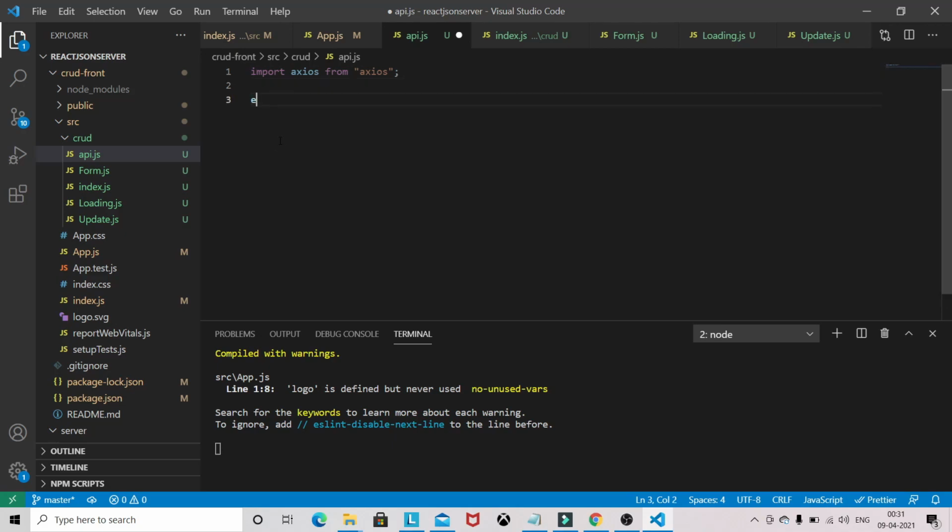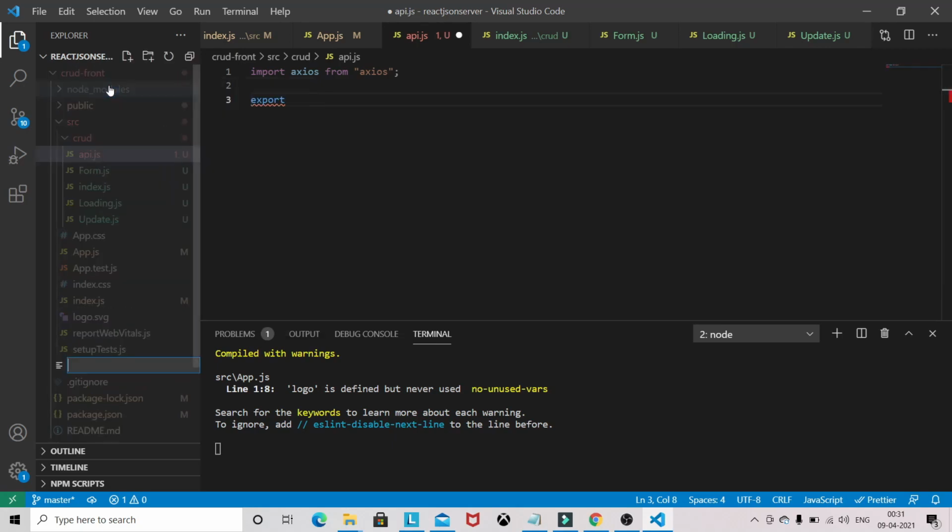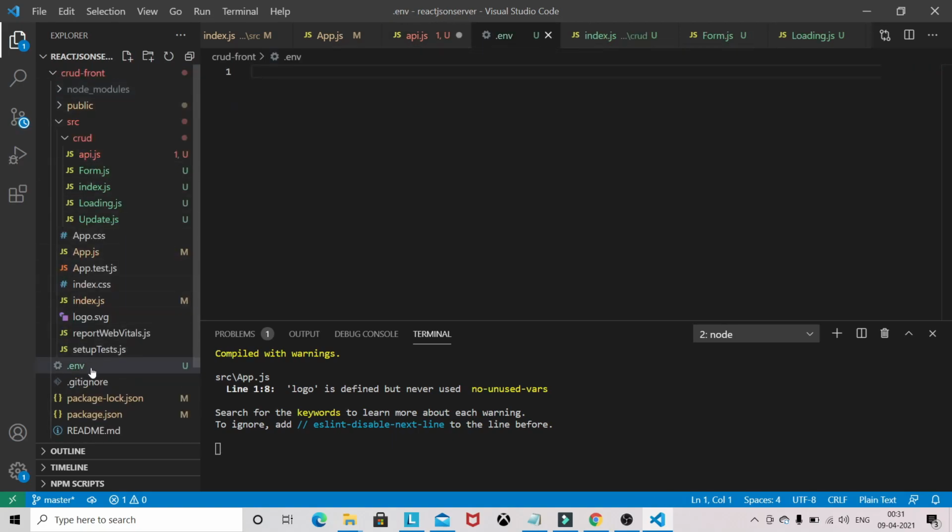So export, and one more thing I forgot, we need an env variable, because this is the secure way to define your backend URL. It must start with REACT_APP. After that you can give any name.